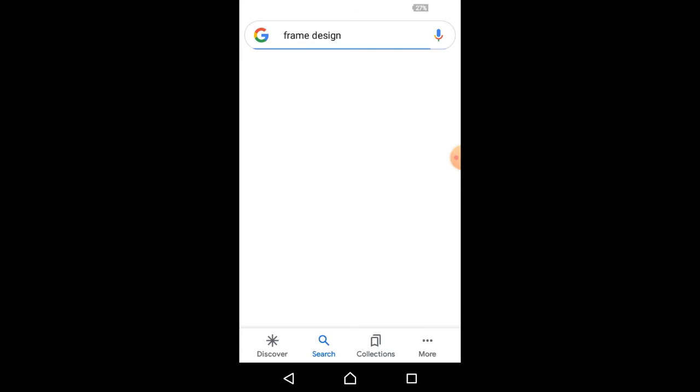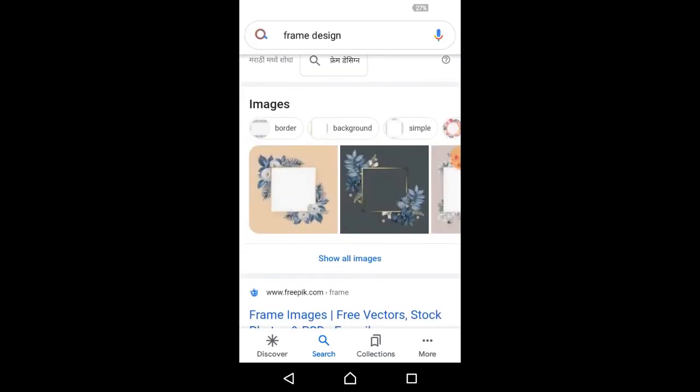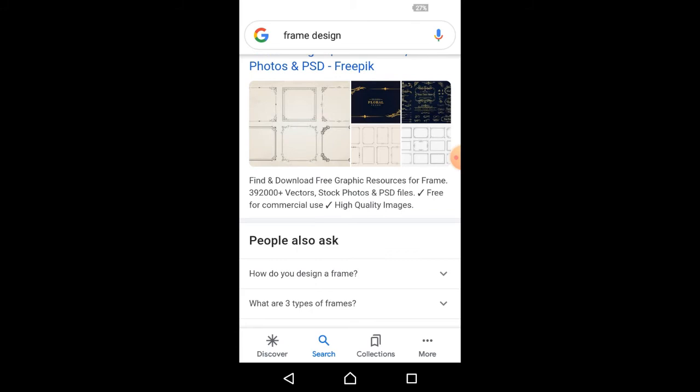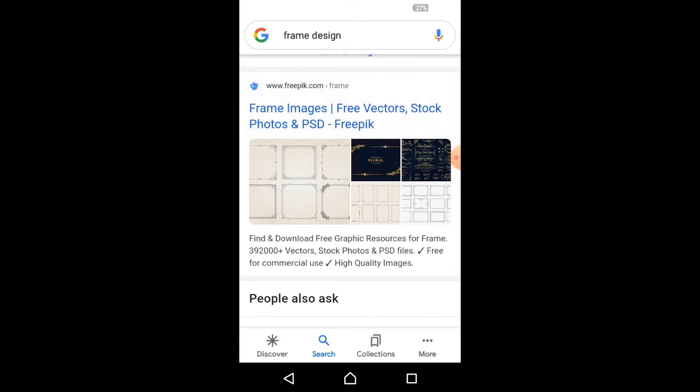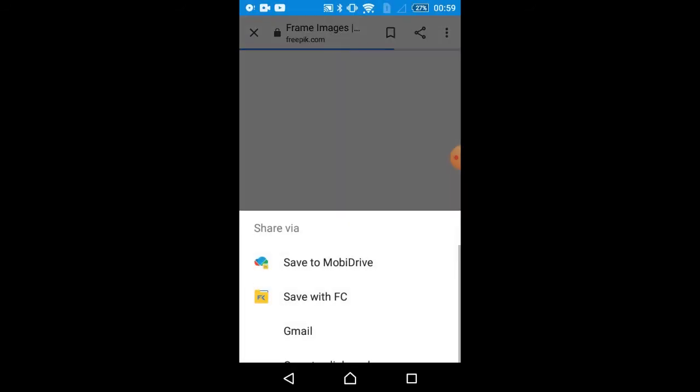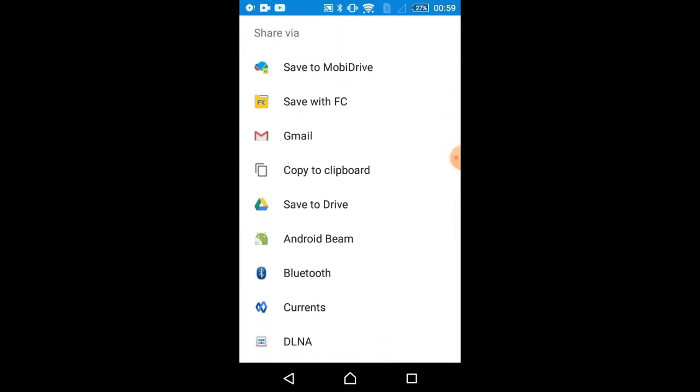It will lead me to a frame related website. Open any website, and after opening it, just click on the share icon. It will provide me an option to copy the link, so it will give me the whole link. So copy to clipboard.